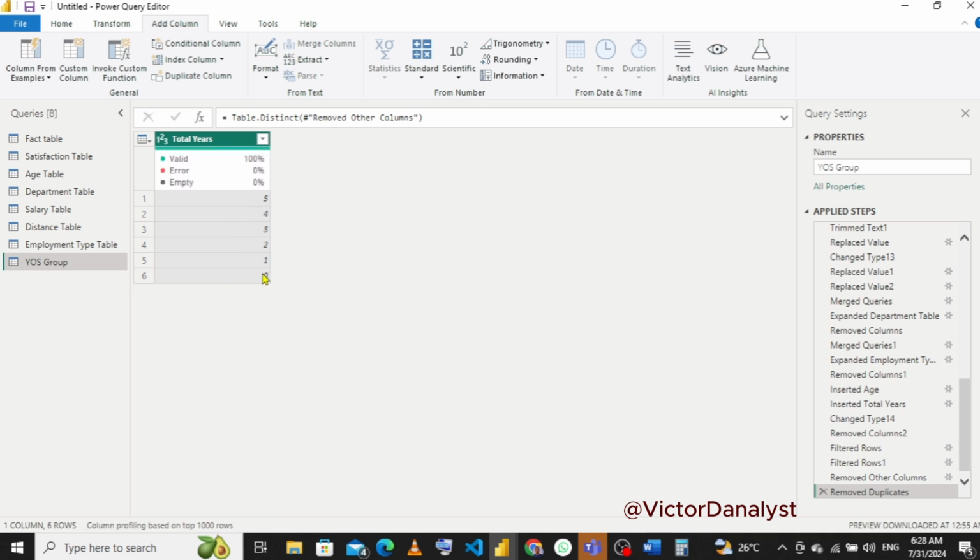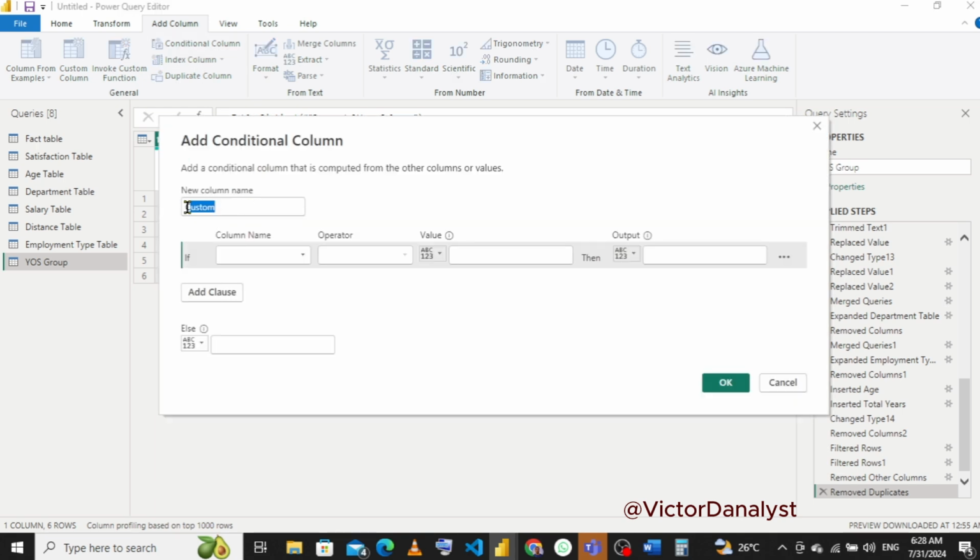So from 0 to 1, it's going to be entry level. From 2 to 3, that's the mid level. From 4 to 5 is the senior level. So going to our conditional column here, we're going to make this to be YOS. So I would change this to total years, I'll say less than or equal to